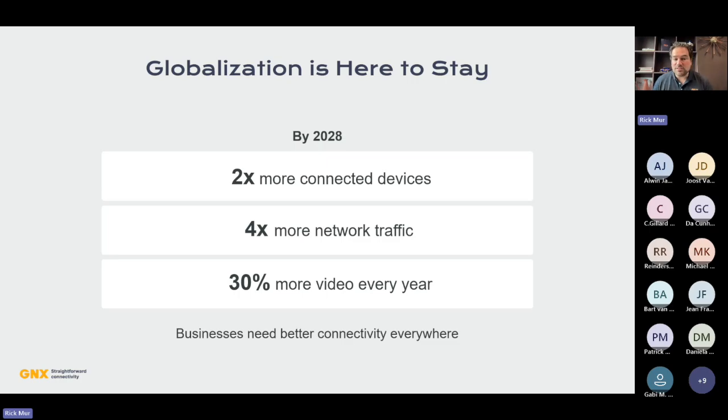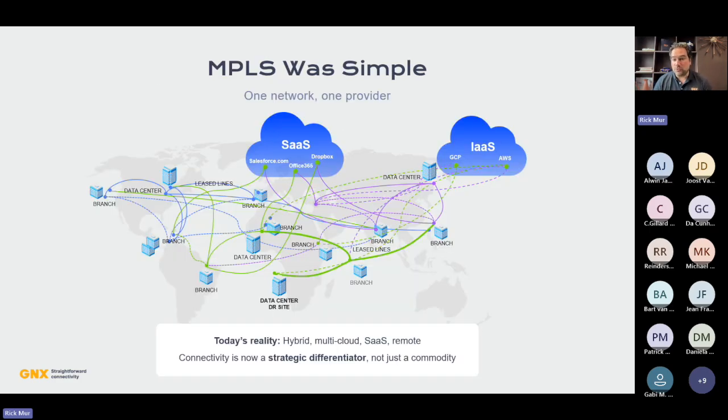The end goal here is businesses need better connectivity everywhere. It's not just going to be your head office and a few of your factories, as you would have in the past, that you would connect with an MPLS network. If there's network engineers in the room, this may be a triggering topic, but in the years behind, MPLS was a simple network infrastructure. The technology behind it can be highly complex and hard to configure and maintain. But as a user, as a consumer of the MPLS technology, the world was simple.